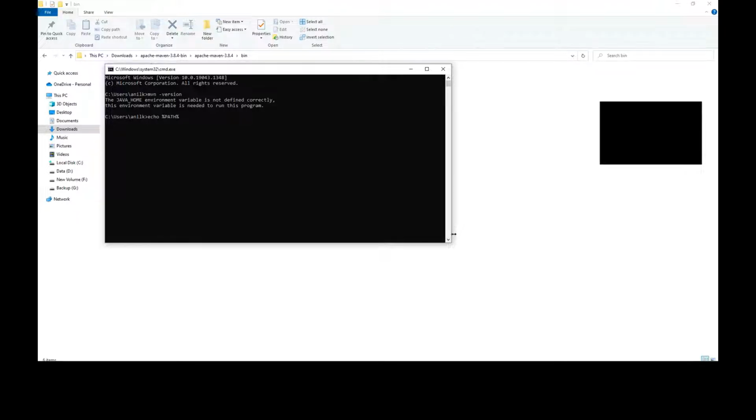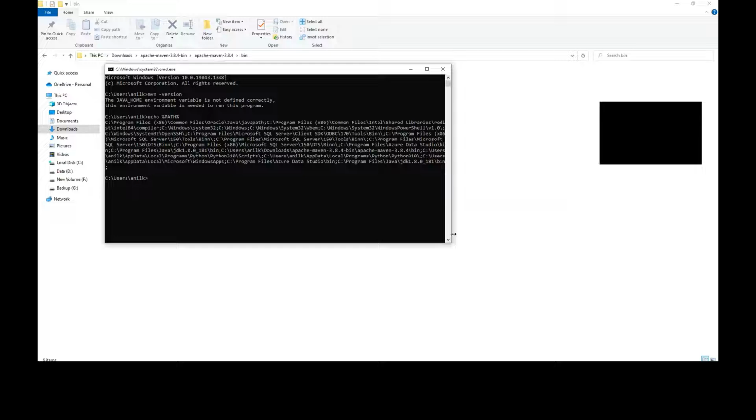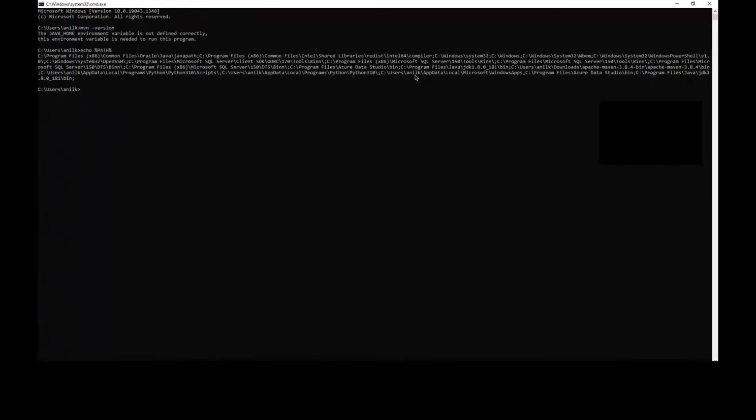Enter. Click on the enter button. Now see if JAVA_HOME is visible in this. Now the same echo command, and type in the variable name as JAVA_HOME.